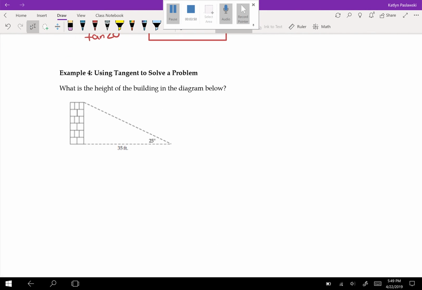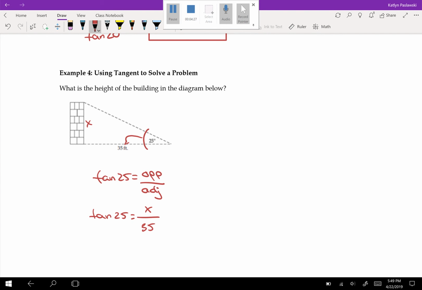All right, now let's take a look at example 4, using tangent to solve a problem. What is the height of the building in the diagram? So I want to orient myself from this angle that's given, which is 25 degrees, and the value that I have is directly beside, so that is adjacent. So I have tan of 25 is equal to opposite over adjacent. I'm going to substitute the values that I know. I'm going to solve for, let's call this X. So I have X over